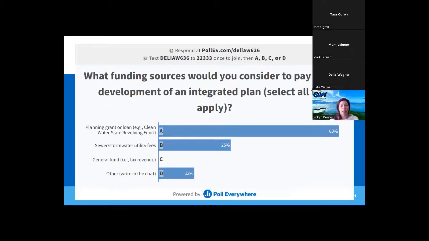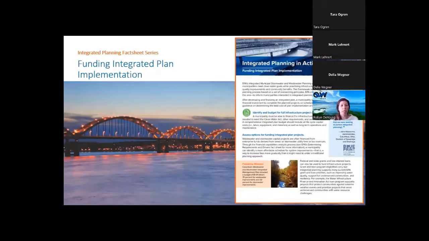Okay, next. We have only 1 or 2 more minutes. And then funding your integrated plan. So just thinking really far into the future, once you get your integrated plan, there is funding available. And if you go to the next slide,